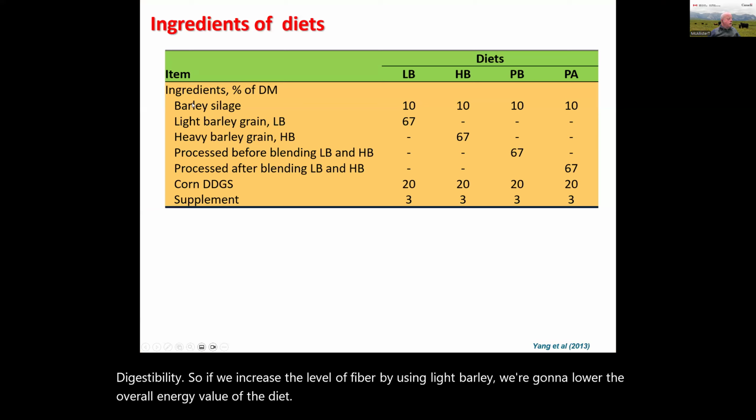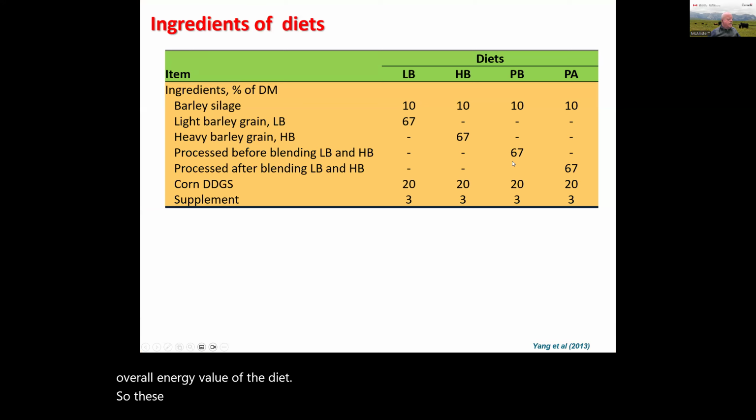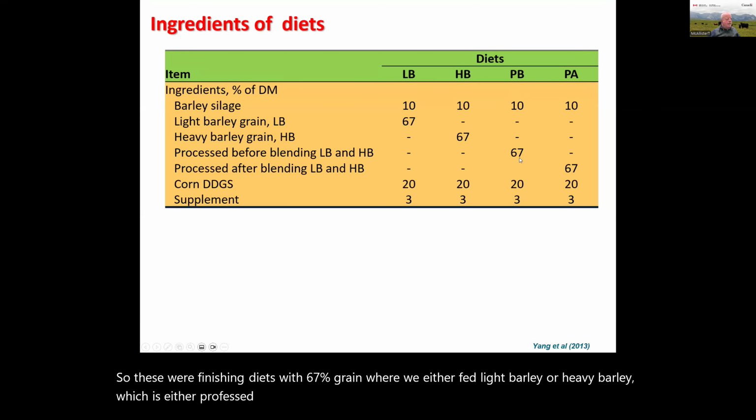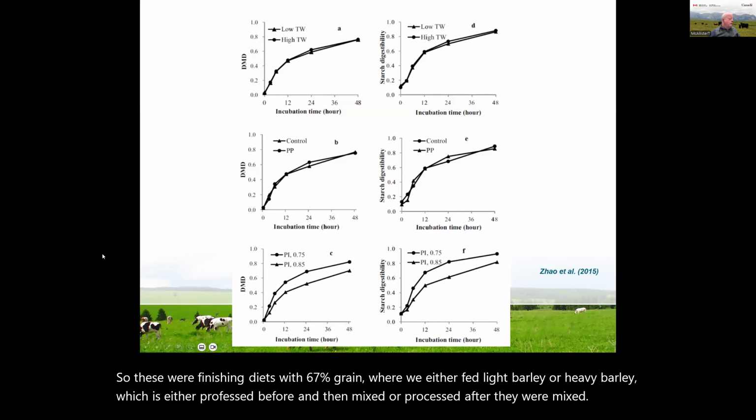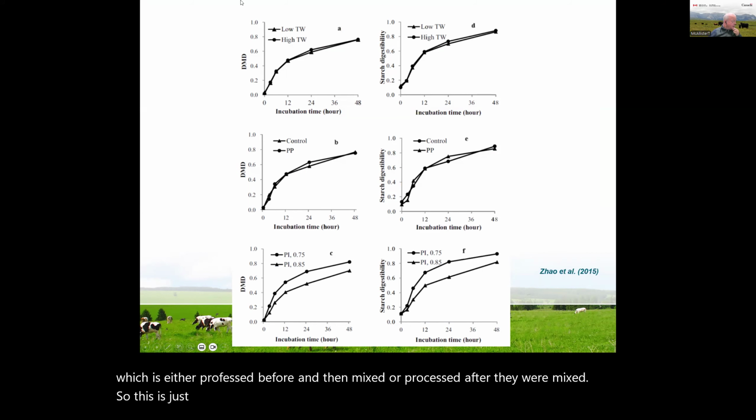So these were finishing diets with 67% grain, where we either fed light barley or heavy barley, which is either processed before and then mixed, or processed after they were mixed. So this is just going back to those then. This is with the